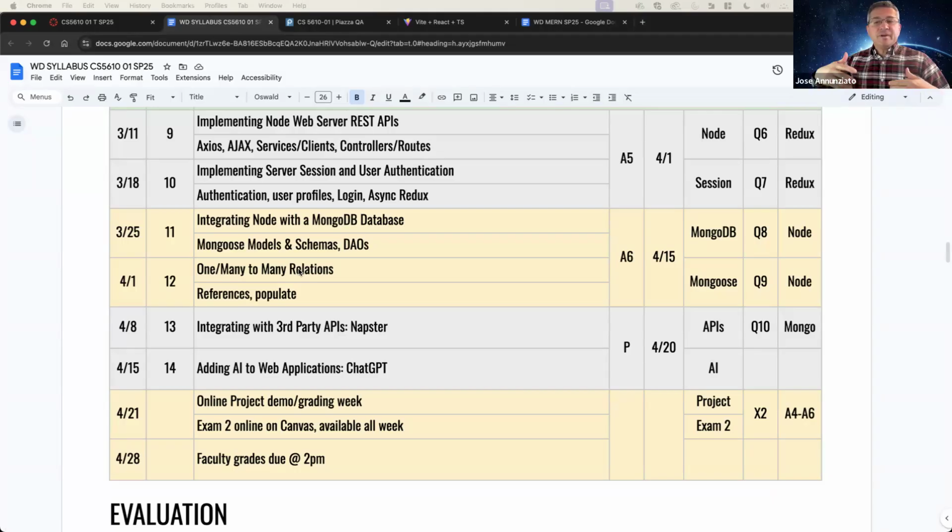It won't be a new part of the infrastructure, nothing part of the client server application. We're done with the main core content. So the next couple of lectures are going to focus more on AI and integrating with third-party APIs, and there won't be an assignment associated with these last couple of topics that we're going to start in the next lecture. Because we are coming towards the end of the semester,